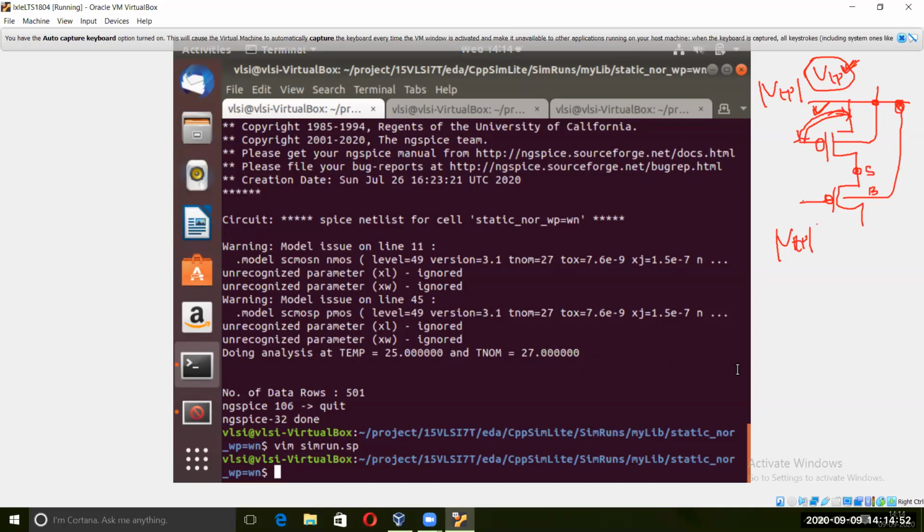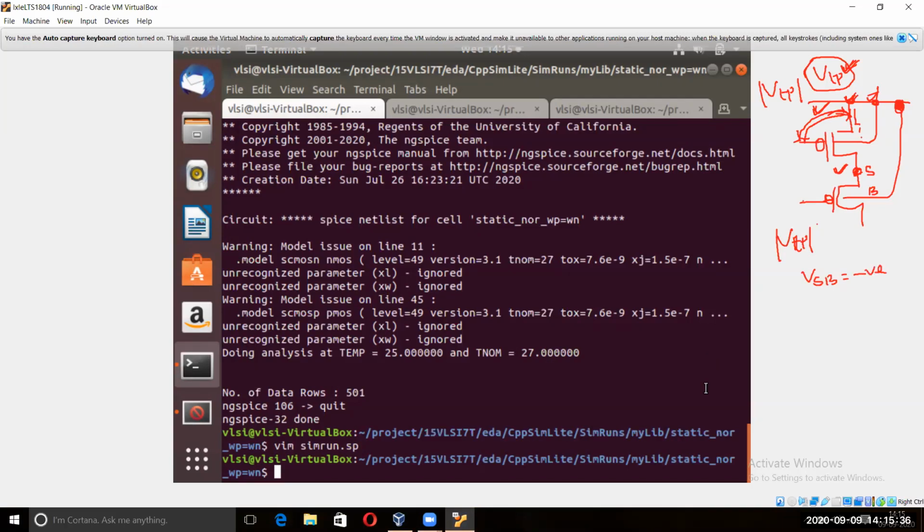So this is your VDD. But this will not be VDD, because there will be some drop here. So this will not be VDD. But in the top case, both are VDD. Here this point is not VDD, so there is a difference. That means VSB is not zero. In the top one, VSB is equal to VDD minus VDD, which is 0. But here it is a negative voltage.